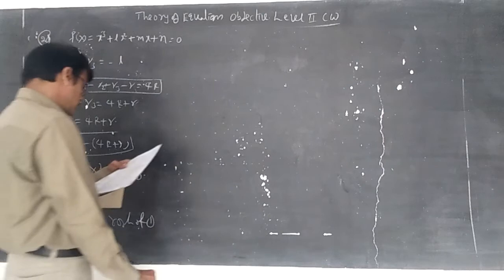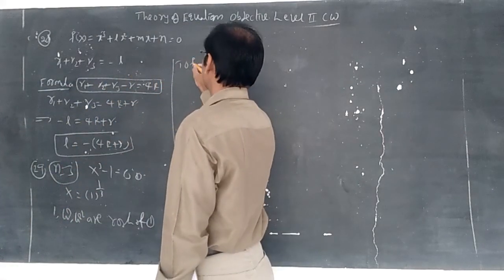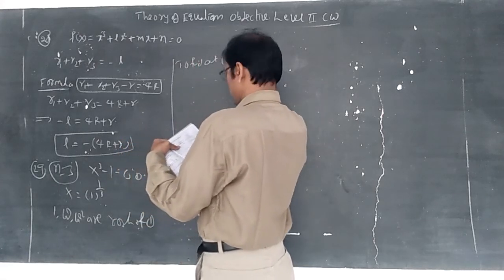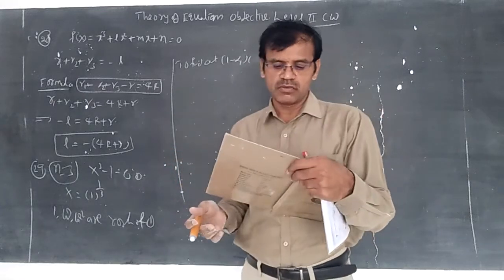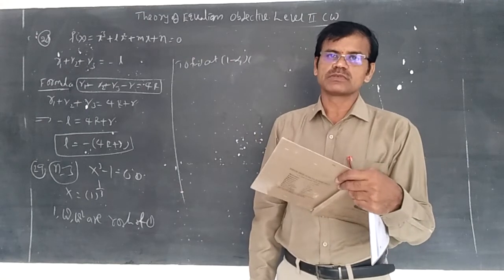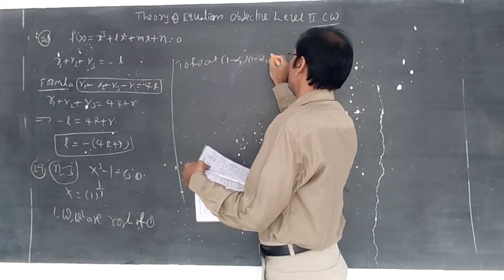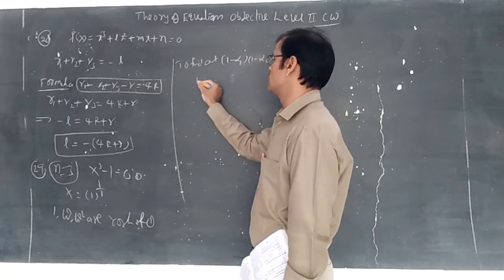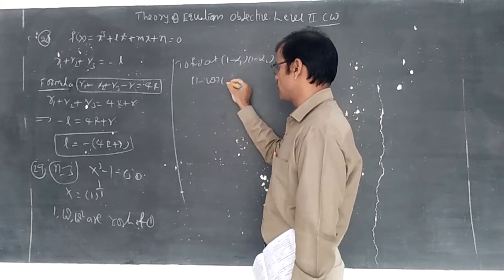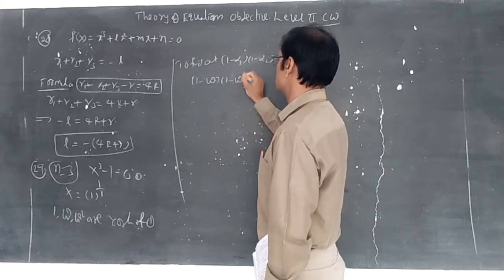Now he is asking us to find the product of roots. He gave 1 minus alpha 1 into 1 minus alpha 2, and so on. Whenever we take n as 3, at last 1 minus alpha (n minus 1) becomes alpha 2. So only 2 roots you take. So 1 minus alpha 1 into 1 minus alpha 2 you need to calculate. Alpha 1 means omega and alpha 2 is omega square: 1 minus omega into 1 minus omega square.